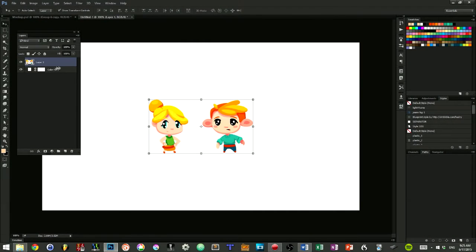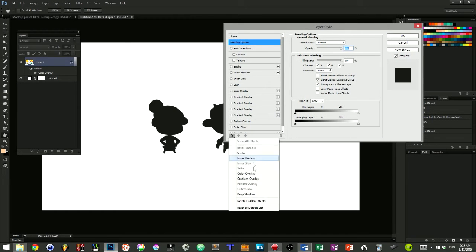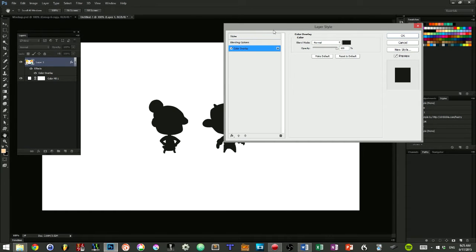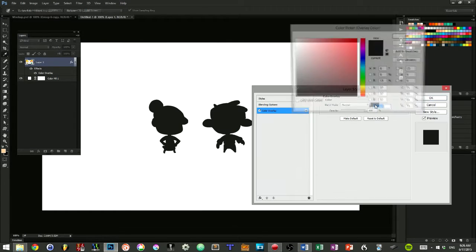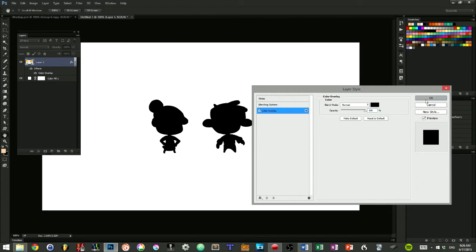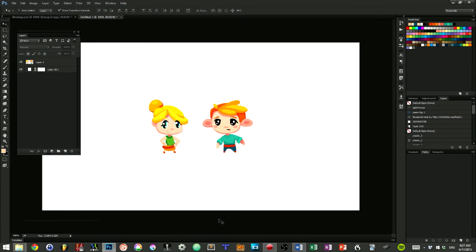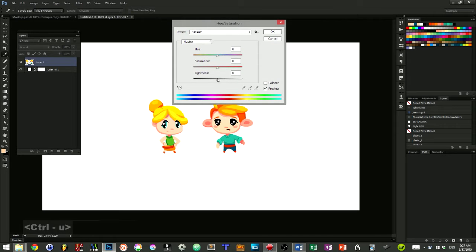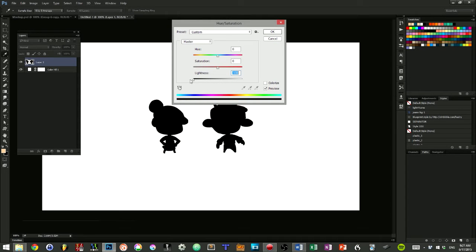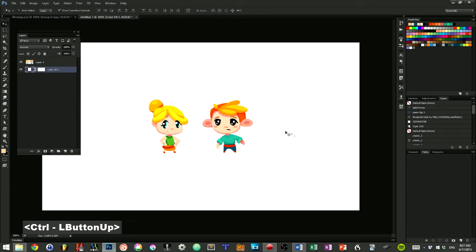In Photoshop, we can show the silhouette of our layers very easily. For that, we use the color overlay layer effect. You can choose any color, but I like to pick a shade of gray. Then we can activate or deactivate the effect at any time while working. For a more occasional solution, and one that is available in most image editing software, there is the hue saturation tool. You just have to put the lightness or brightness slider down to the minimum for your silhouette to appear.